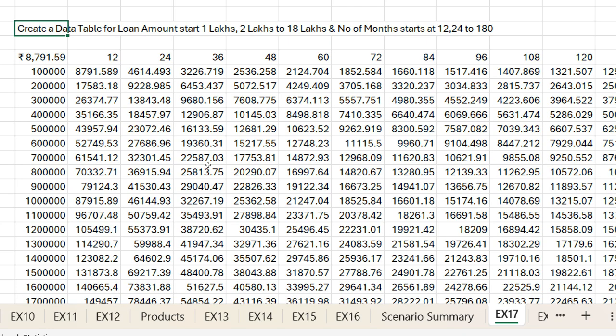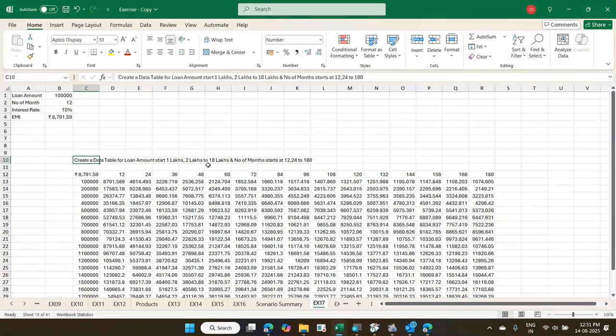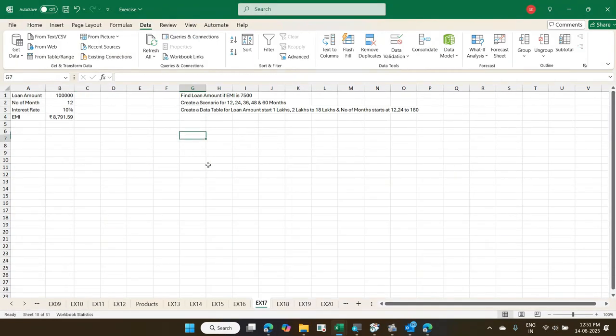Okay. First, I will select these rows 12, 24, or you can fill series. Yesterday we used it. Fill series also you can do. First type 12 and 24, select both, and drag it. So 12, 24, 36, 48, 60, 72, it goes till 180. Then